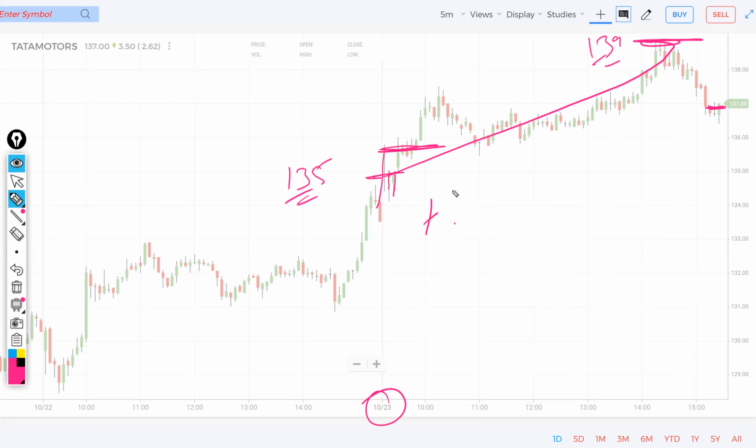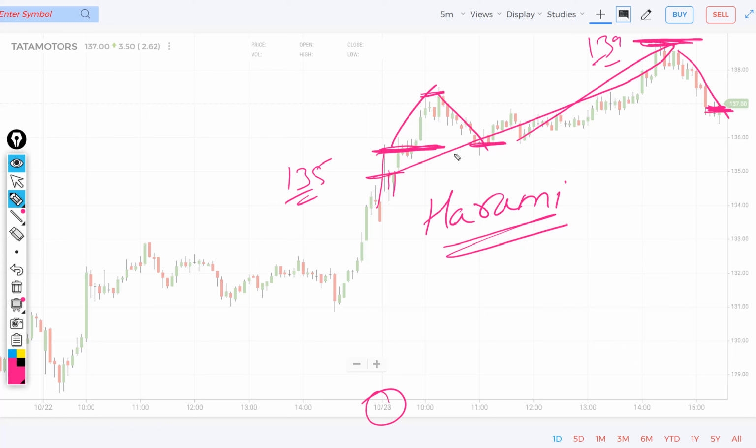If you have watched my previous video on Harami candle formation, you will identify the position to enter is here, and based on my Harami candle formation strategy, you will be exiting somewhere here and again buying here and exiting here and again exiting here. So how many trades you will get? 1, 2, 3 and 4 trades. You watch this Harami candle formation video and come back to this chart, and again based on this candle formation, what you have understood, you see the trades, definitely you will get 4 trades in this range.